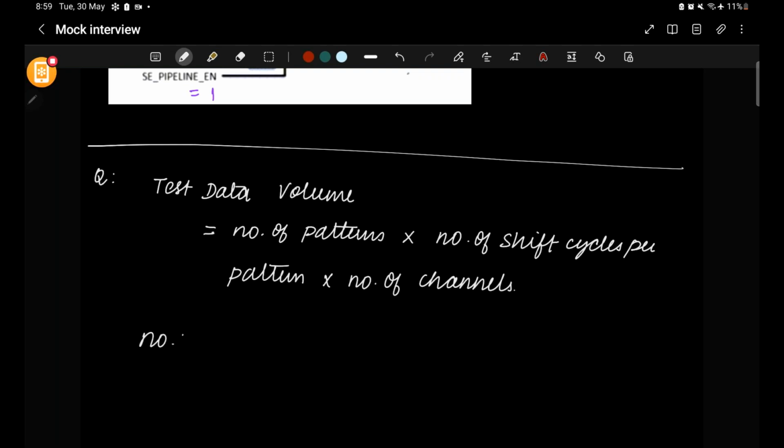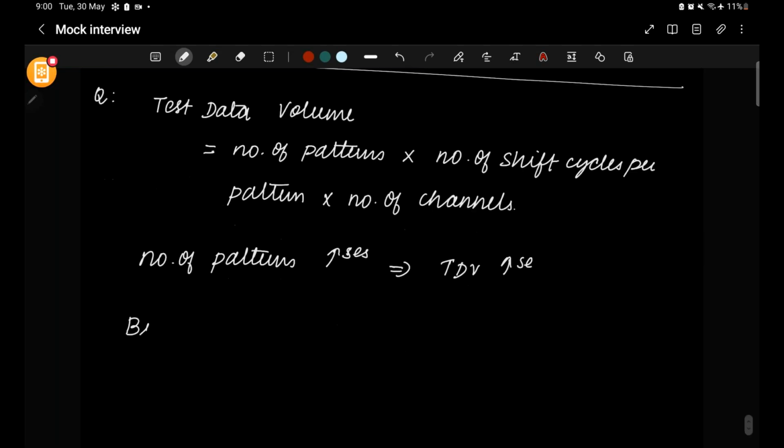So if the number of patterns increases, then what will happen? Test data volume will increase. But if you consider the number of shift cycles per pattern, that will be more